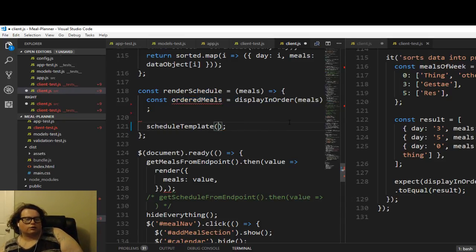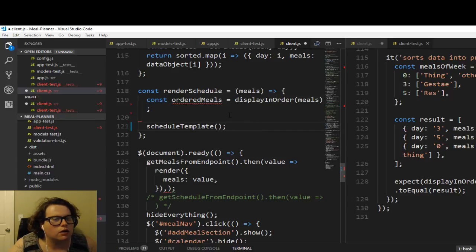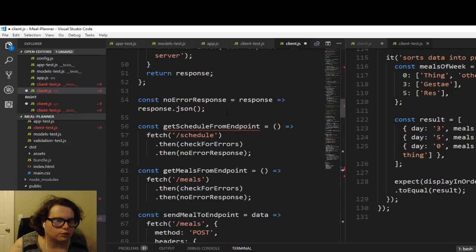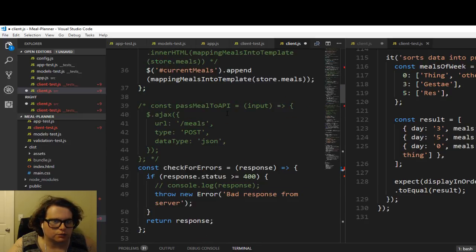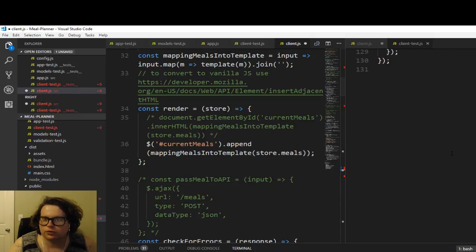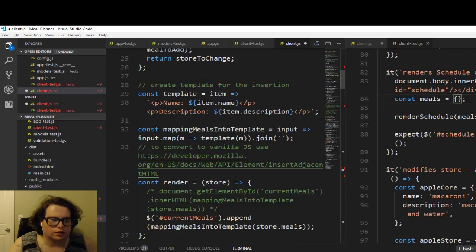So I don't know if I necessarily need to do all that. I just need to figure out where I'm mapping, because I have to map through ordered meals and call schedule template. And then from schedule template, yeah. Okay, so let's look at our initial render function and see if we can pattern off of that. We've got a render test partially made. So once we figure out what our render is going to do,